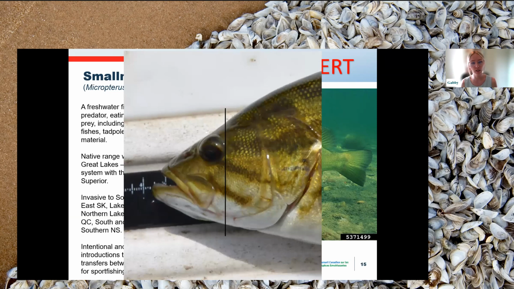So just a quick idea of this species, I'm by no means a fish expert, but one of the quick and easy ways to tell this species from others is you'll notice that the jawline does not extend beyond that eye where that line is. So it's got a very short jawline. Another identification feature are those dark lines that you see coming away from the eye. The fish itself can have a few different colors, but